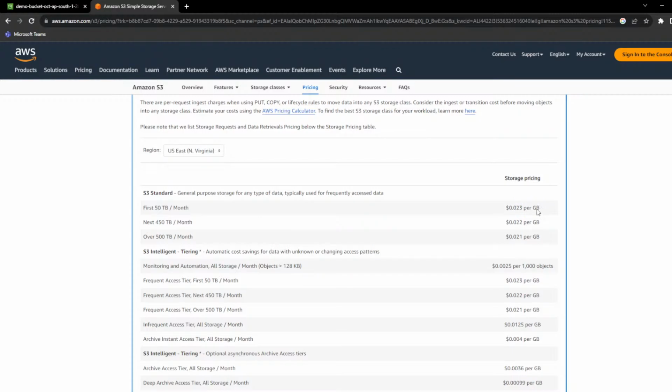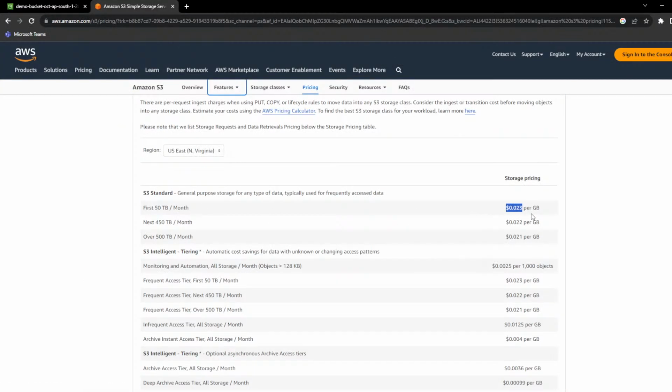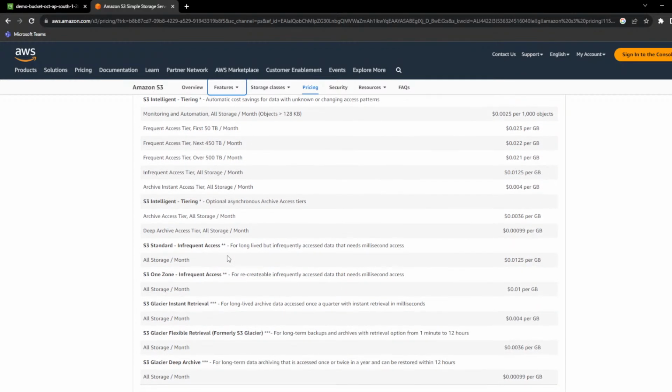$0.023 per gigabyte. If I convert this into INR, that is 2 rupees nearly. 2 rupees per GB per month. Okay. If I'm storing, let's say 100 GB, I have to pay 200 rupees per month. Right? Now, if you go here, scroll down, S3